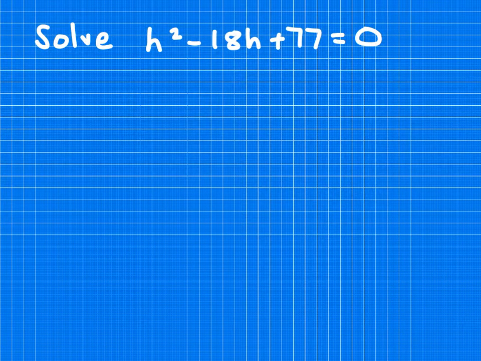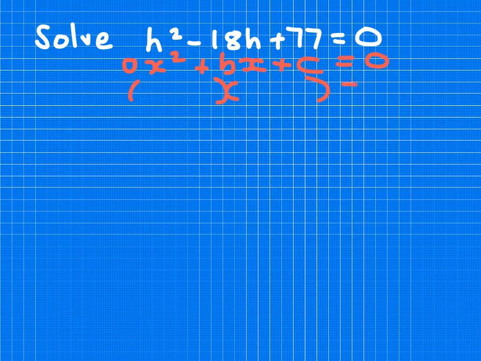In this case, we have our quadratic equation. The quadratic equation is in the form of ax squared, in other words, an x squared term, plus bx, in other words, in this case, an h term, plus c, which is just a number, equal to 0. Our first step is that we need to factorize it